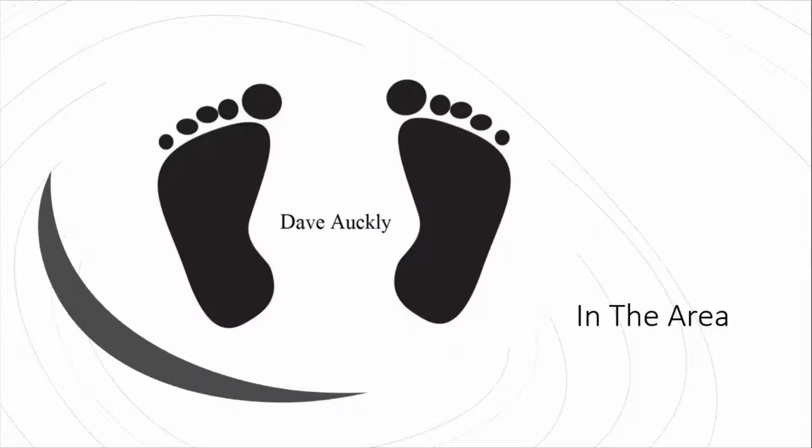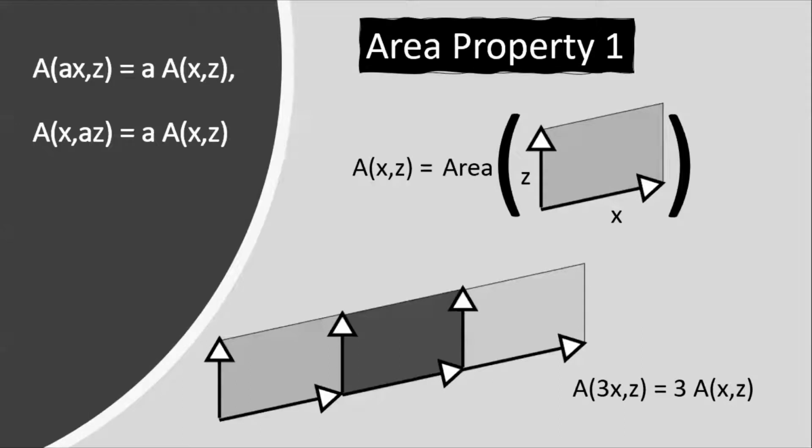I'm Dave Ockley. I'm going to tell you about computing the area of a parallelogram and actually also tell you about the determinant. So if we have a parallelogram and we describe the edges by a vector x, and you sweep around counterclockwise to get to a vector z, then the area between the parallelogram spanned by these vectors satisfies a property that